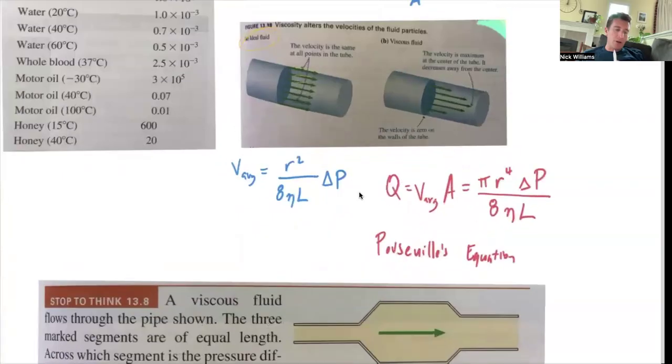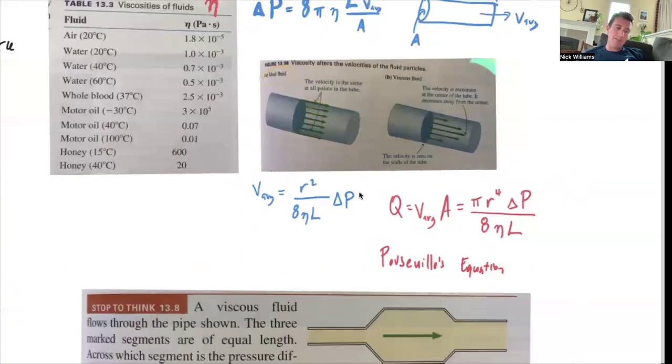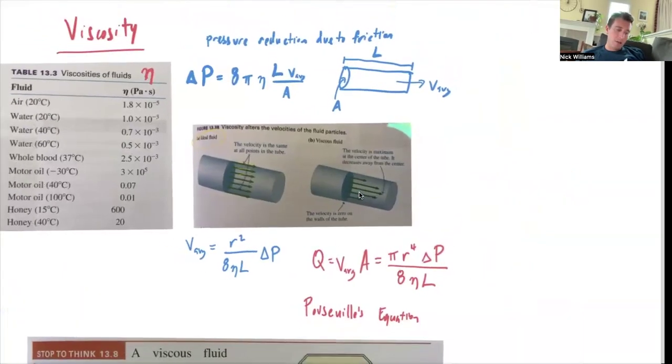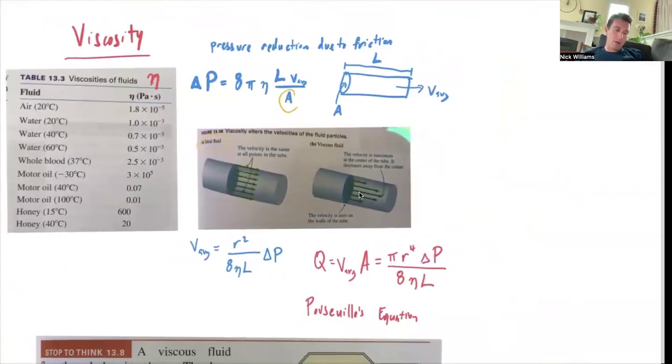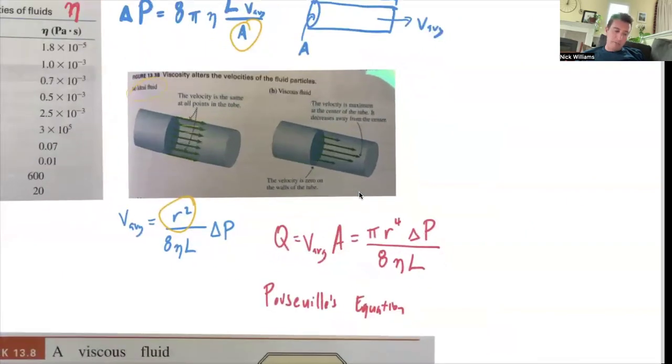You could also solve for the average velocity of the fluid in the tube using this equation here. That's a derivation of the same thing where I turned area into the r squared piece. And then finally, I could find the flow rate by doing the average velocity times the area, and that would give me that. We call this Poiseuille's equation,